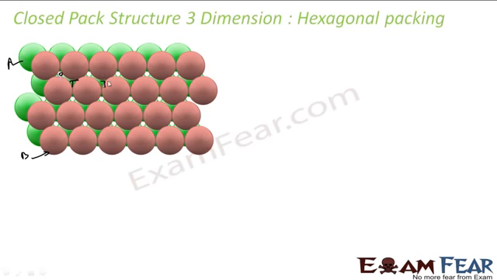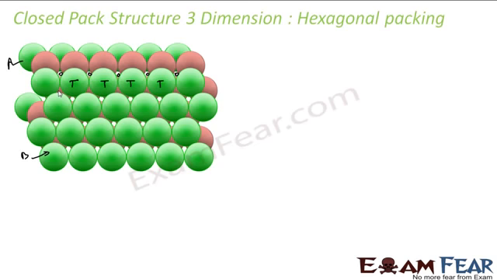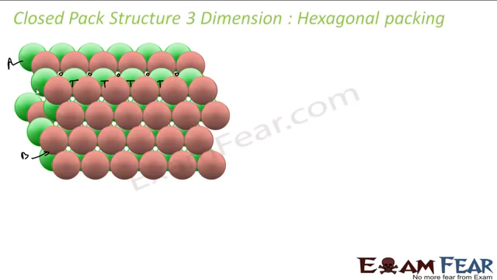There are so many tetrahedral voids in the green. These are my octahedral voids. So I have 2 possibilities. Correct? So if you want to fill the tetrahedral void, then it's pretty easy. I can just use the A layer. The moment I put the A layer, all the tetrahedral void will be filled, and I get AB packing. Correct? So in this case, if I put this again A layer, all the tetrahedral void is filled. You see, it's exactly same. And again I can put the B layer. This is AB kind of packing,